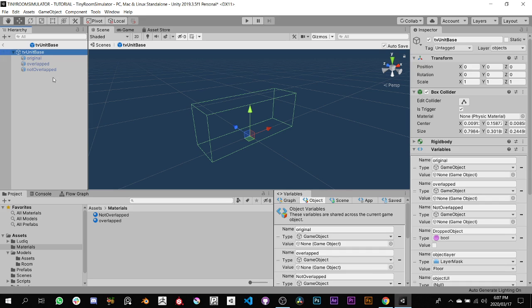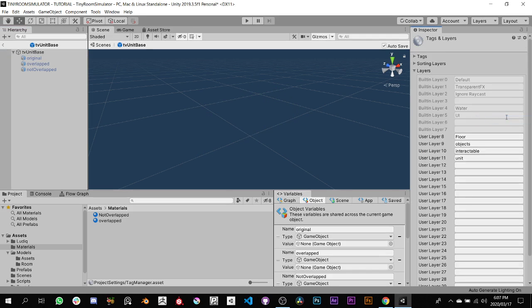So now this is an object I want to be able to place things on. So I'm going to go to where the layer is currently set to object. I'm going to go to add layer, and I'm going to clear these out just so we have it. So we have floor and we have object, or objects. Let me just make it object. There we go. So we need to add a layer to search for objects we can put onto a surface